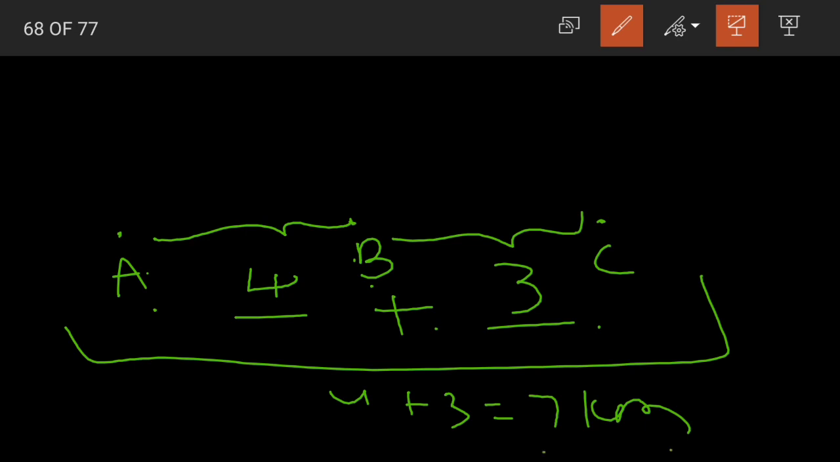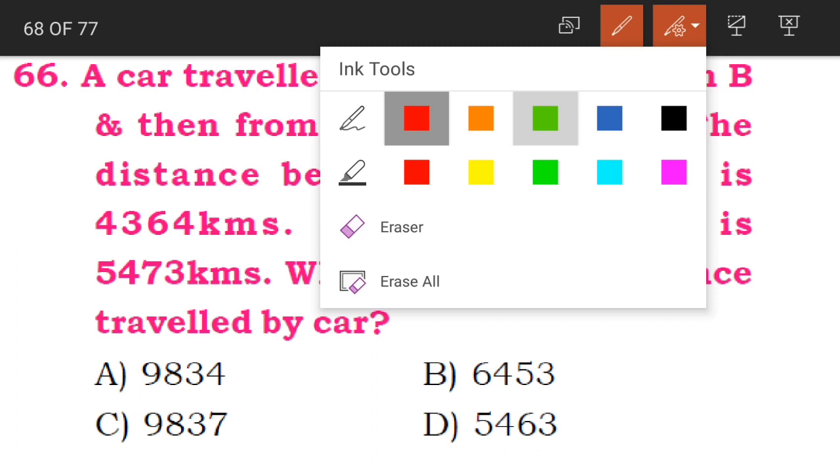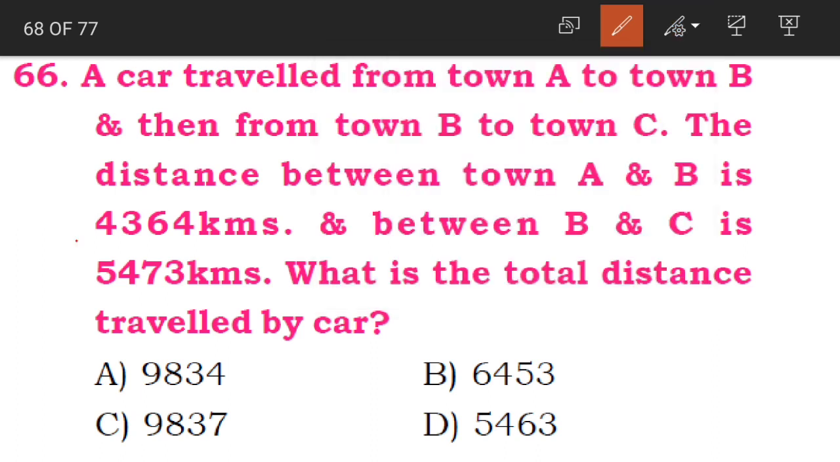So the total distance travelled is 7 kilometers. Clear children? The same concept is applied here. A to B is 4,364. B to C is 5,473. So to find out the total distance, we need to add